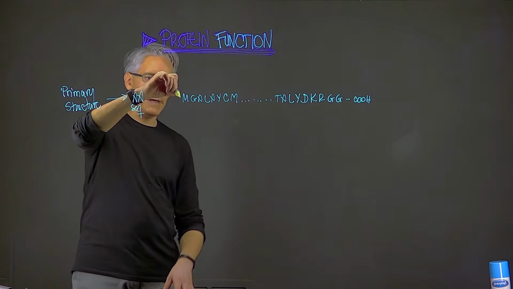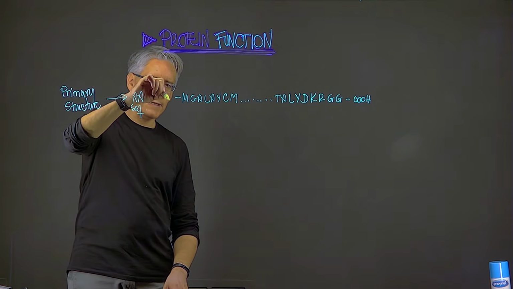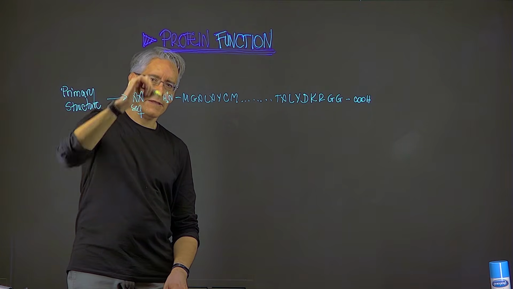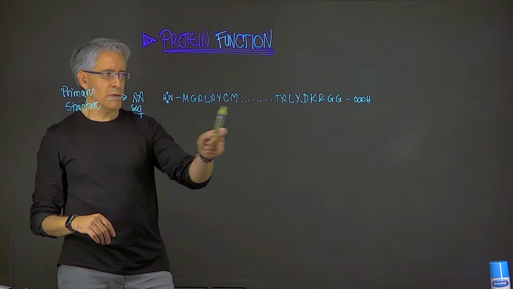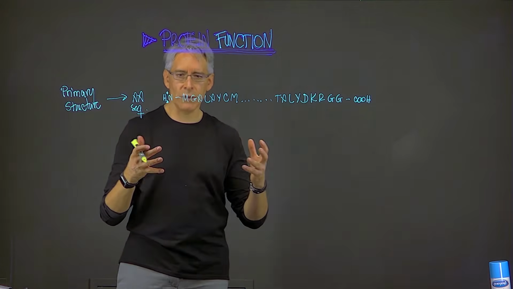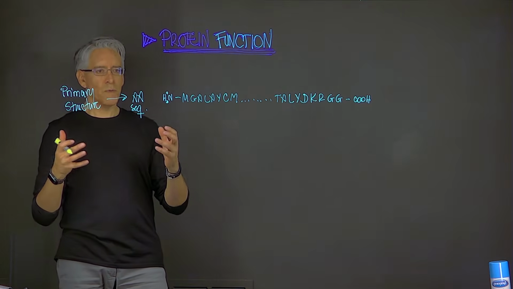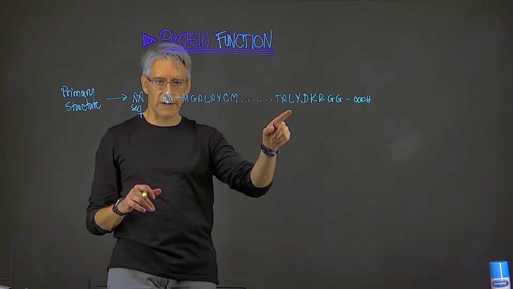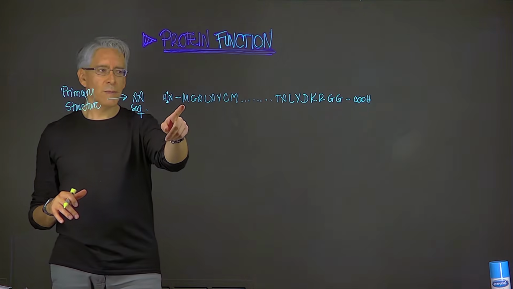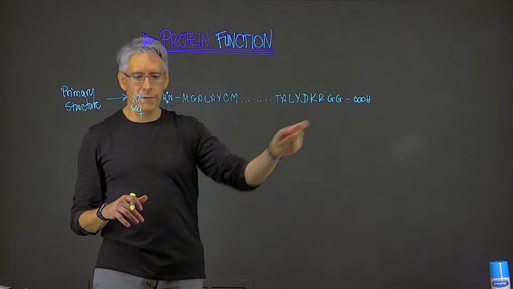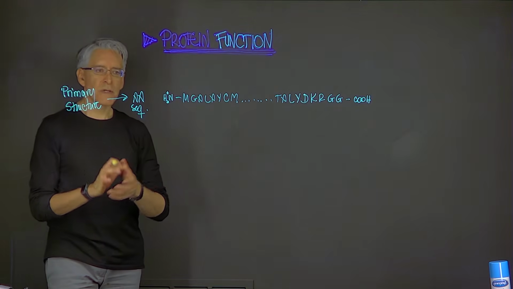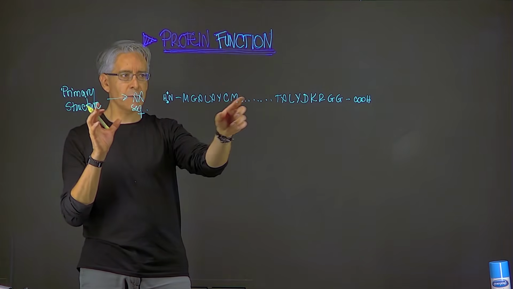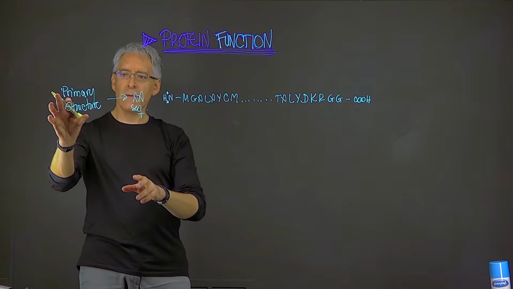And by the way, the other end, the very first amino acid, is the amino terminus of the protein. That's a plus. So amino to carboxyl, that's the way in which we typically refer to proteins, by the way, because this is the direction in which proteins are synthesized. They are synthesized from the amino to the carboxyl end of the protein. Okay, so the specific sequence of amino acids that makes up this particular protein, that's the primary structure